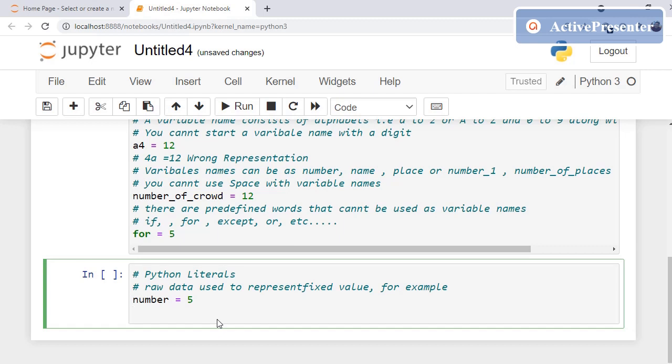I think it happened because of a typo. So number equals 5.5.